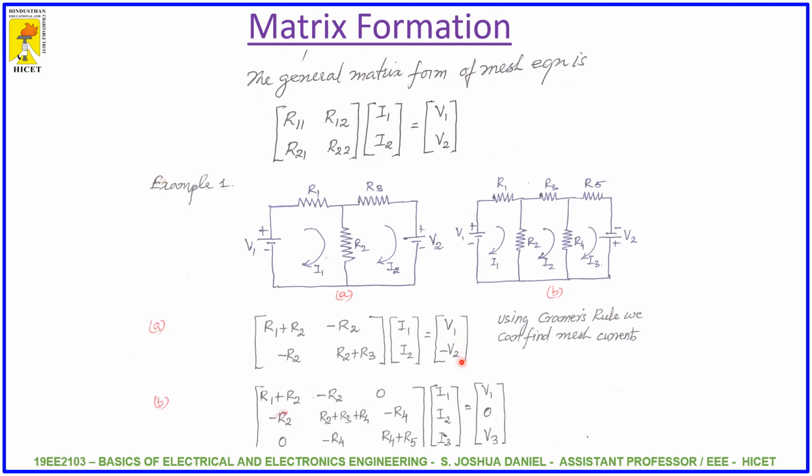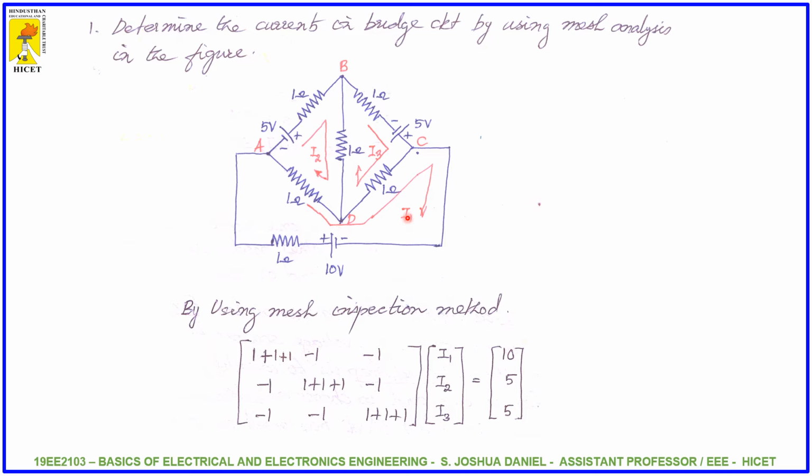So how do we write V1 and V2? So see the current direction, it is from negative plate to the positive plate, so it is V1. In the next, it is from positive plate to the negative plate, so we write it as minus V2. Next, let us go to the problem. When you see this problem, right, you can see three sections or three loops can be formed. This is the first loop, this will be the second loop, this will be the third loop. So we mark it with I1, I2, I3, and we mark it with clockwise direction. Right? Next, we have to use inspection method and write or form the matrix equation.